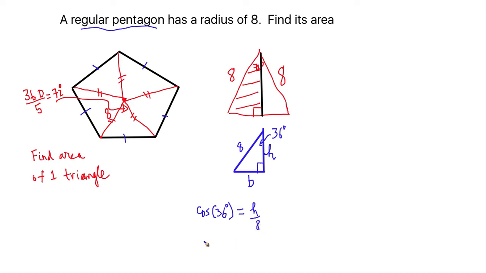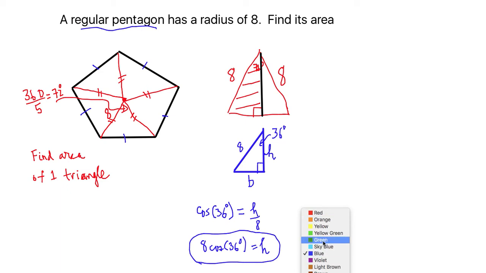So that means 8 cosine of 36 is equal to H. Now, whatever this number is, I'm not going to worry too much about it at the moment. I'll just circle it, knowing that this is an important piece of information. And now let's look at